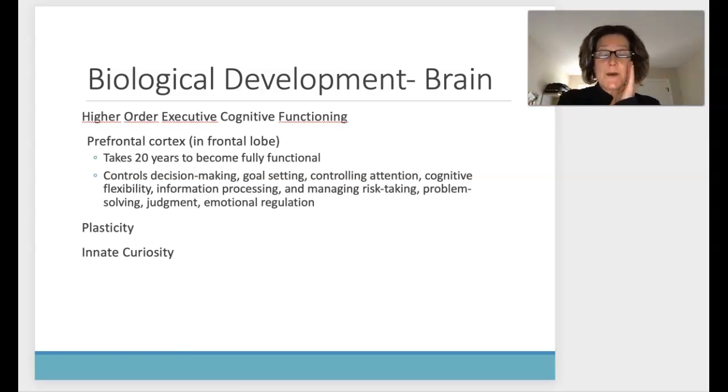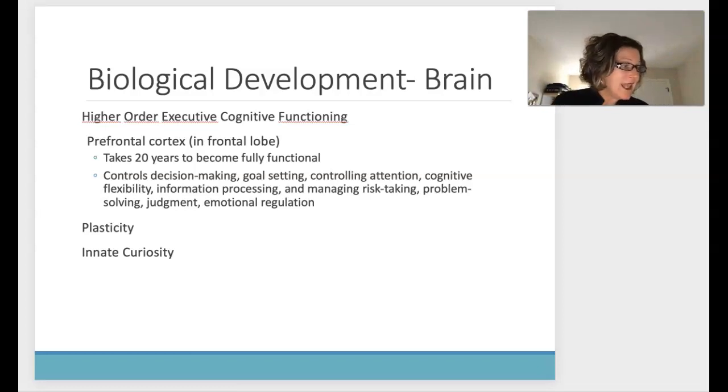That's why, sorry guys, your insurance is more until you're over 25, because your prefrontal cortex is not completely there. So things like managing risk-taking, judgment, emotional regulation are not completely developed. The insurance people are like, yeah, you guys have to pay more because you get in more accidents. And I found out that if you drive a red car and you're a man under 25, you pay the highest insurance of everybody. Just an interesting tidbit for today.